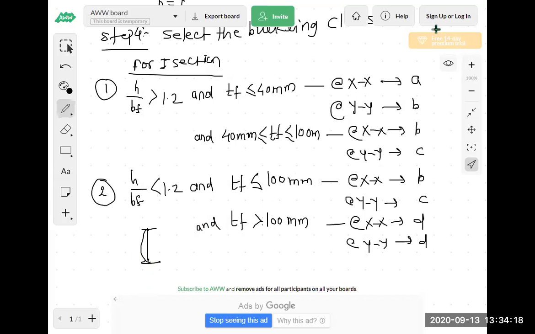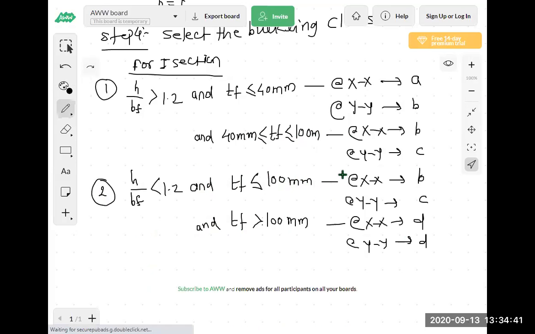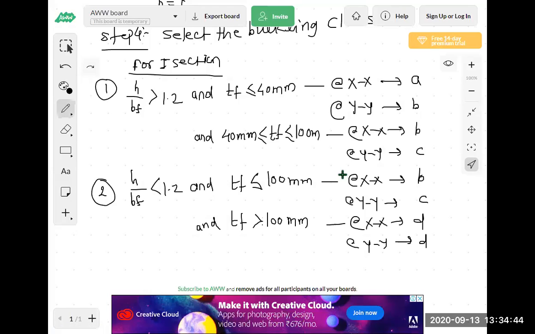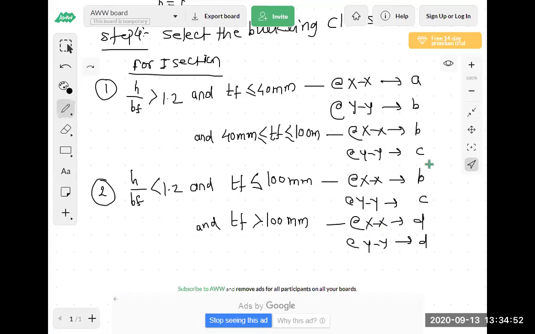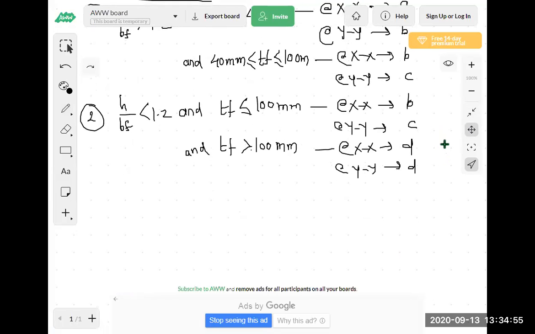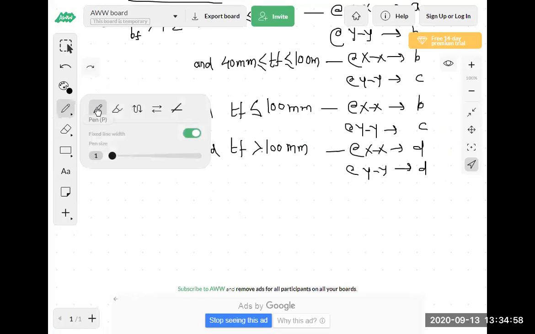So here we have to know the buckling class for the I section. This I section. Are you getting this? This is for I section. Everyone has written this or it is on the page number 44. Okay, so this is for now I section. Now